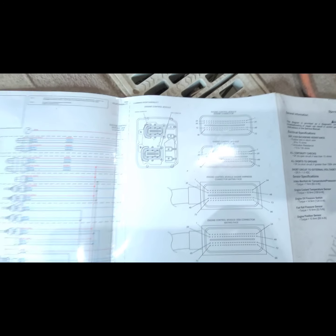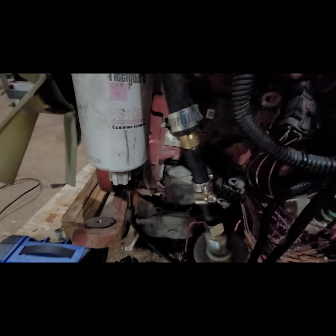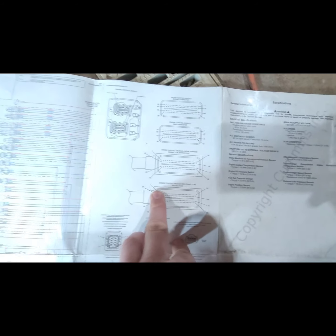I'll show you guys on the computer. It's going to be easier to see, but you can see up here these plugs. Those plugs right there are actually these right here on the engine. So what you do is you look at the plug. This bottom one is what I did. So they start up here at 1 and they end down here, you know, they got 73. And actually on the corner of the plug, when you pull it off, they have a little number on each corner, so you know that you're looking at it right. And what I do is